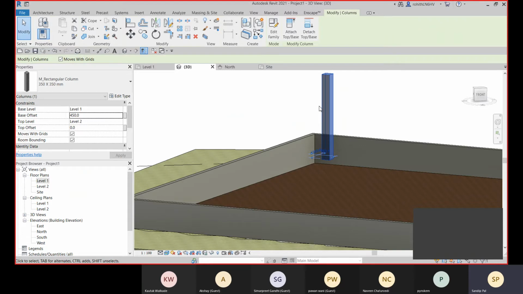So it will clash with BIM if you don't provide the top offset. All right, so the best practice is to make it clash free. As much as possible make it a clash free model, so that you will spend less time finding all the clashes and resolving them.